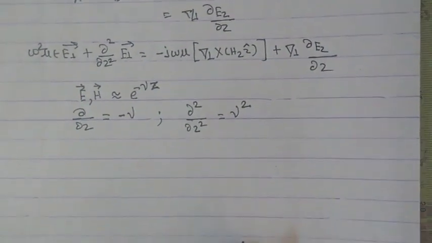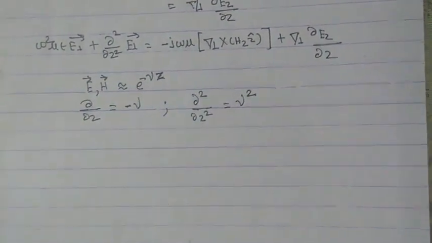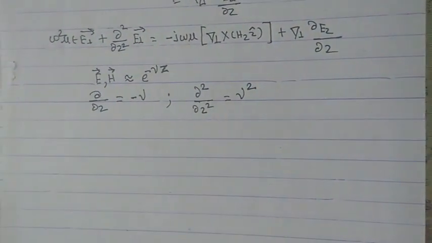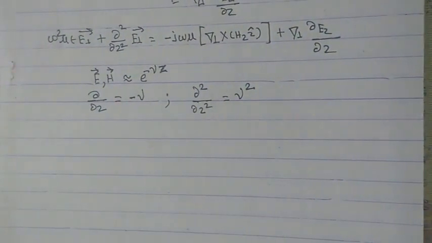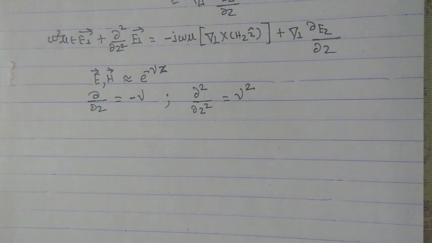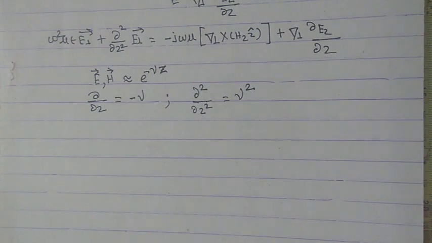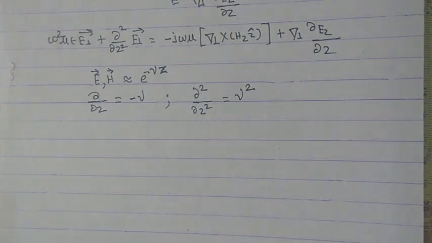Okay, we will do that. But before that, why are we doing all this? What we have done up till now, we have used basic vector knowledge. We have used the knowledge of dot and cross product. We have used two Maxwell's equations, and we have used one vector triple product identity. Ultimately, what we are trying to do is obtain the equations for transverse field components.